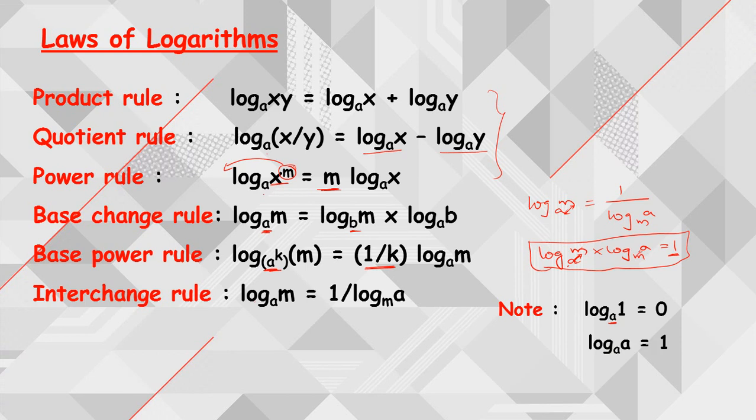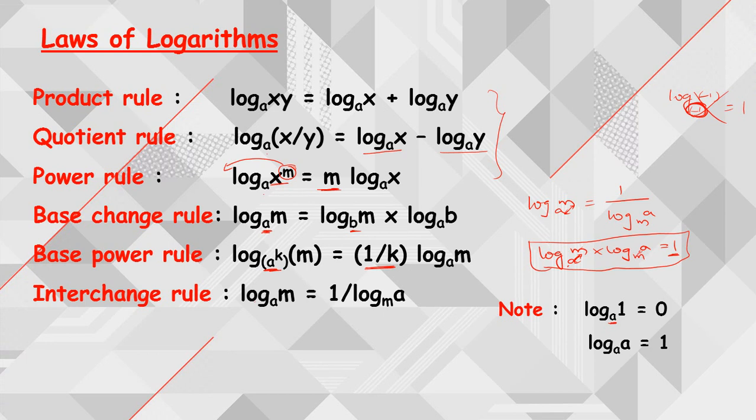Next, log a to the base a is equal to 1, right? Some may ask whether log of minus 1 to the base minus 1 is equal to 1. It is not correct, because it is violating the rule. The base should always be greater than 0 and not equal to 1. Here the base is negative, so it is not satisfying the basic definition of logarithm. Hence log of minus 1 to the base minus 1 is not valid.